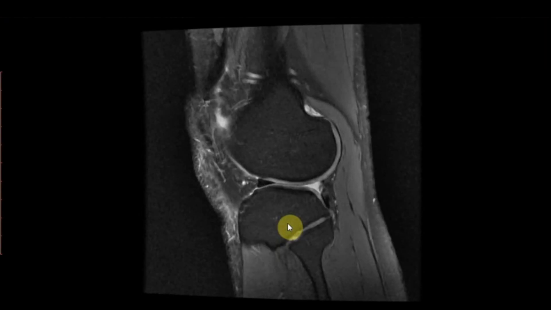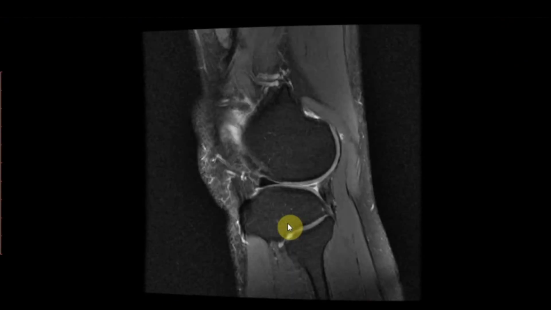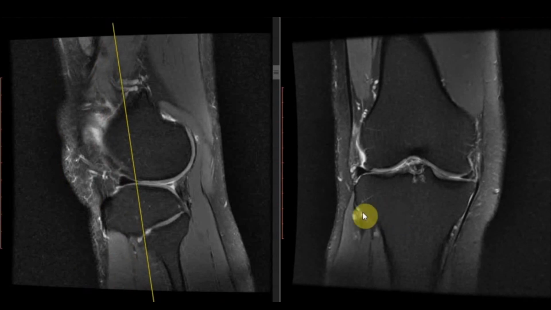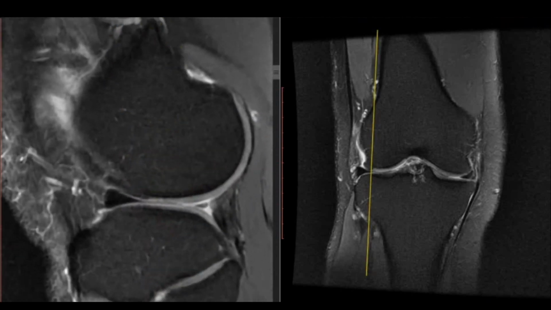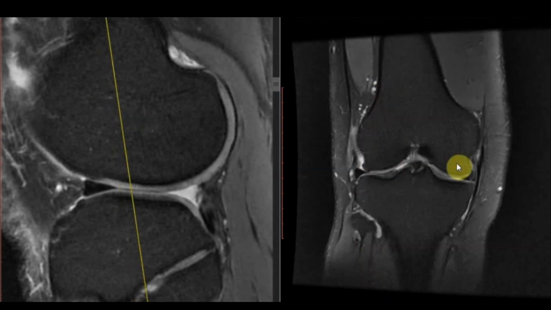Let's see the lateral meniscus. This is the lateral meniscus. This is the cut involving the body of the lateral meniscus, which is normal. But as we move towards the central aspect, we can see there is absence of meniscal tissue here. So there is the ghost meniscus sign. The ghost meniscus sign is seen in radial tear or root tear. So now we are suspecting a radial tear in this case, and we will confirm it in other planes.